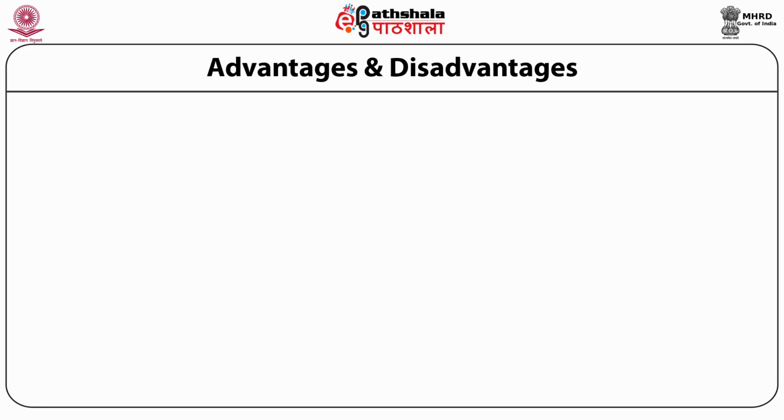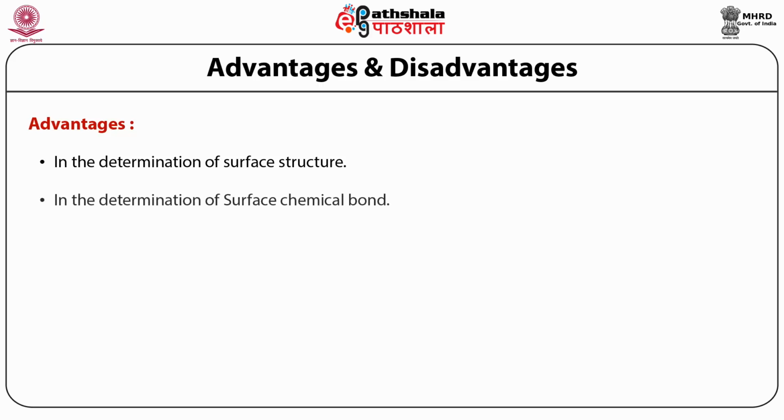The advantages and disadvantages of LEED have been listed, and these can be studied in detail also. In the determination of surface structures, it is very useful. And second, in the determination of surface chemical bonds, it shall find very good applications, which can be very accurately measured when the surface chemical part is considered. The disadvantages are not very many, but the major disadvantage is